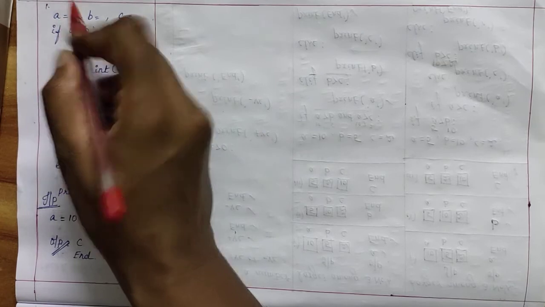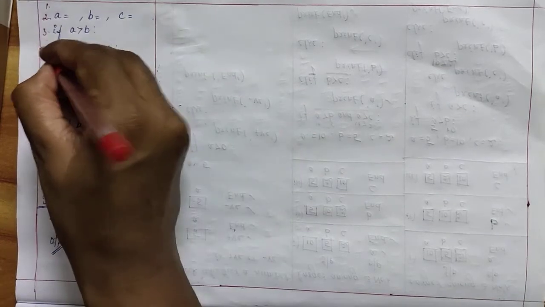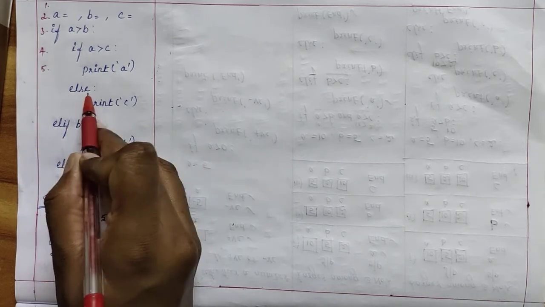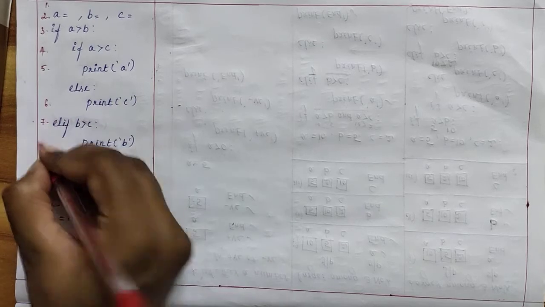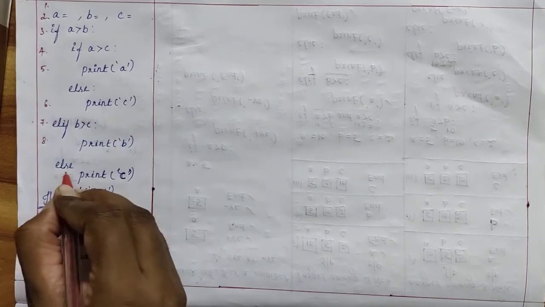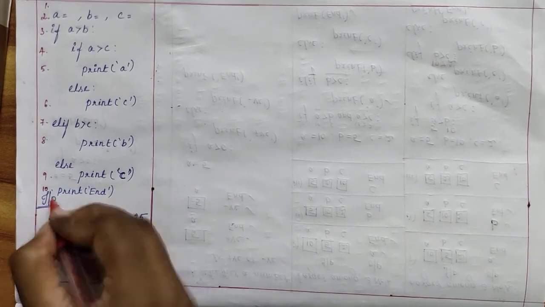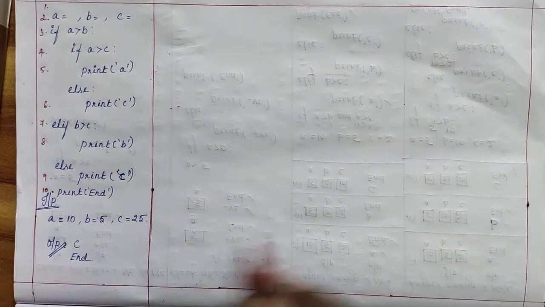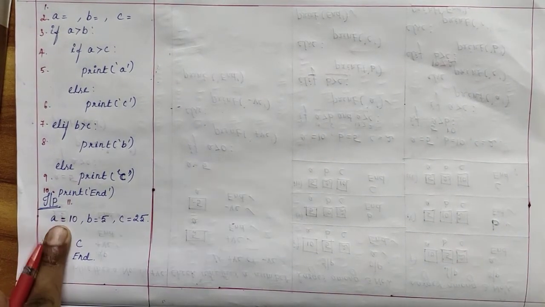Okay, so first just numbering the steps. So first step is start. The second step is to get the input, and this is your third step, and this is my fourth step, and this is my fifth step. And keep in mind, don't put number for else. I'm just going to put 6 here and 7 here and 8 here, and don't put number for else, and this is 9 here, and this is my 10th step. And that's all. And the last step is stop.